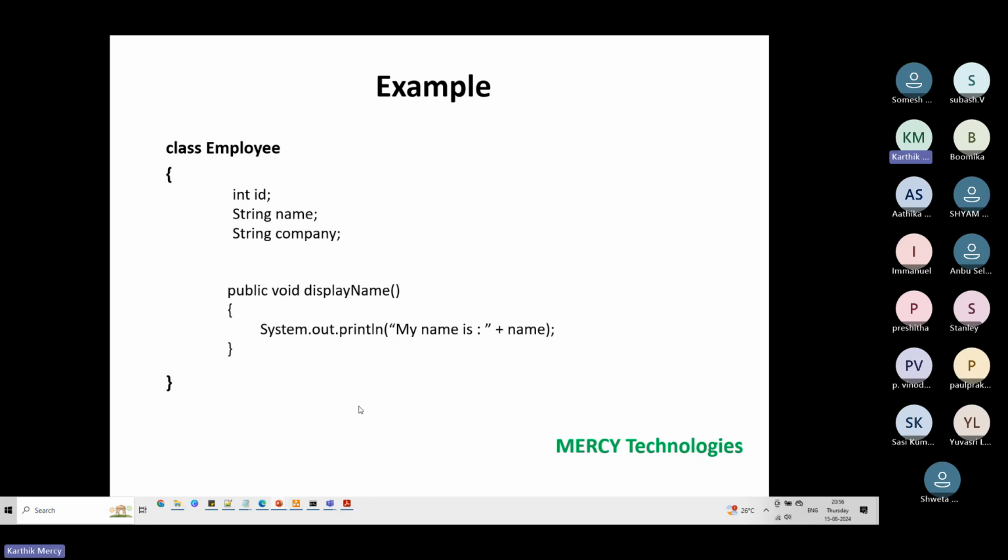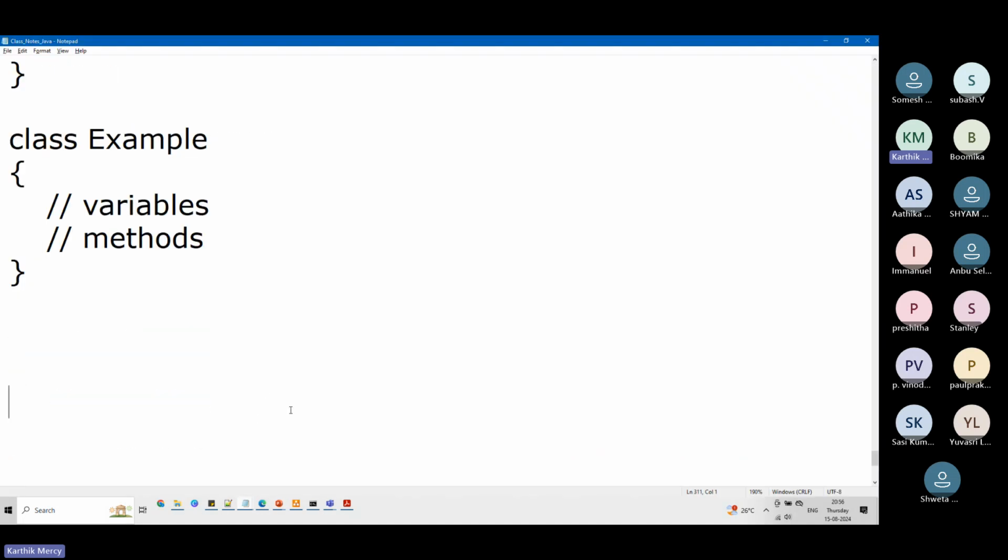I want to take a short note over here, guys. What is that? Till now, we have spoken about the static keyword, right?